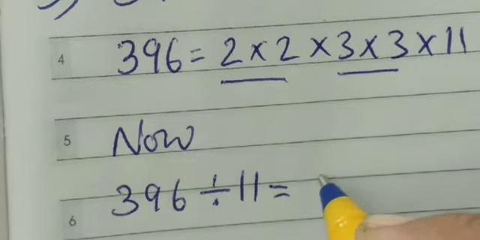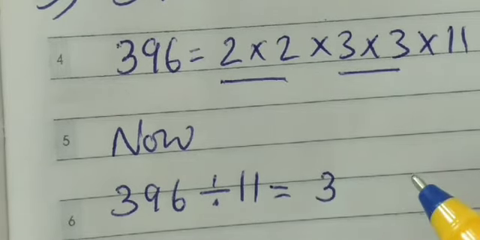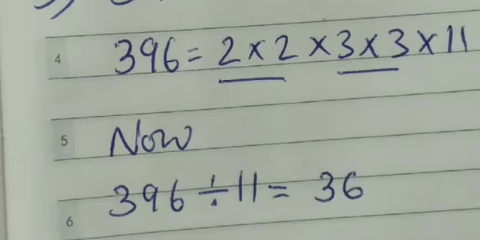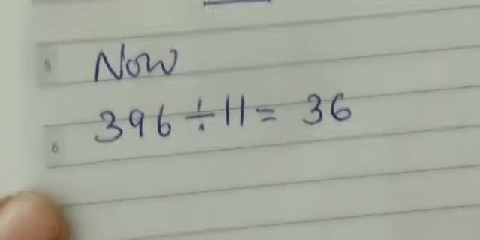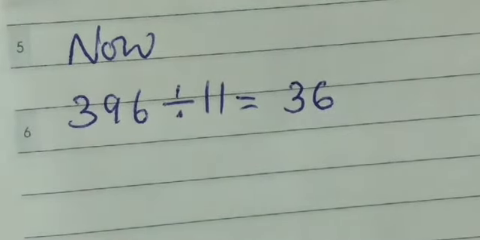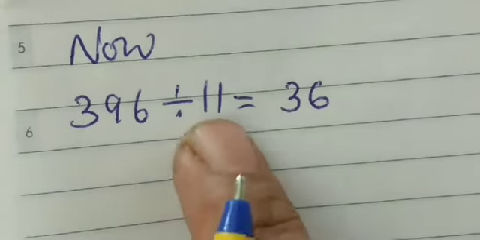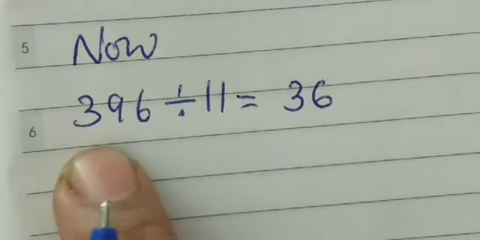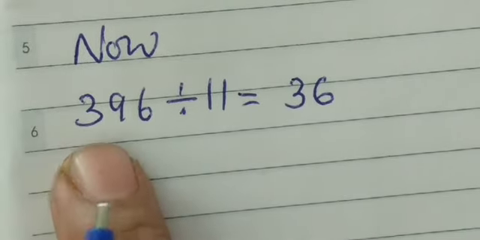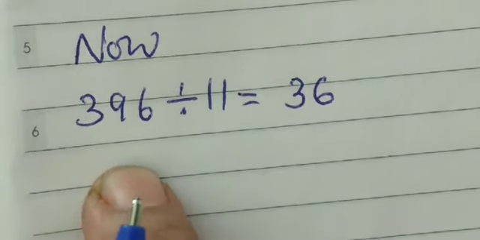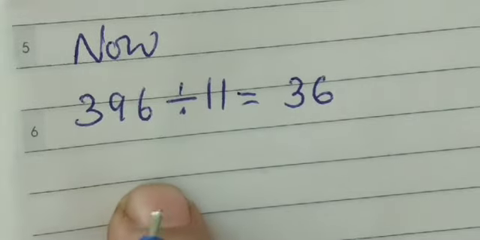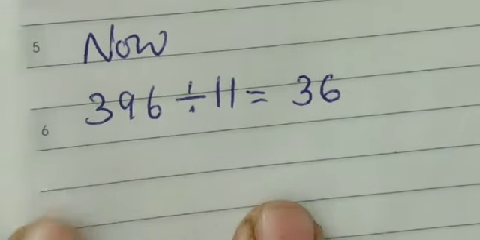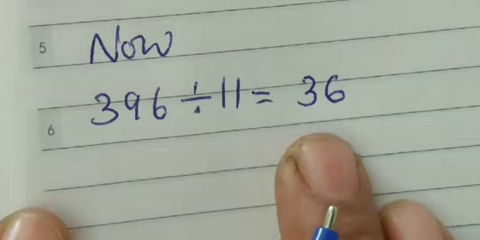11 3s are 33 and 6 are 36. I have done it orally. You have to divide and check. आप देखो 11 3s are 33. यहाँ पे इमेजिनरी 33 लिख लीजिए. 3 तो मैंने यहाँ पे लिख ही लिया. 39 में से 33 सब्ट्रैक्ट करिए, 6 मिलेगा, तो ऊपर यहाँ पे 6 है. 66. 11 6s are 66. So our answer is 36.